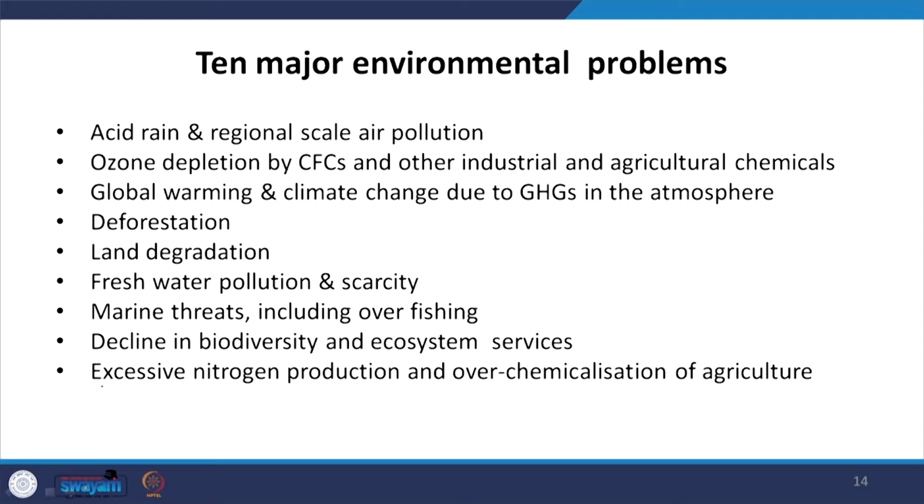Global warming and climate change is a basic issue these days, and that occurs due to greenhouse gases released into the atmosphere, and greenhouse gases are generated due to our production of different kinds of goods, especially the most polluted